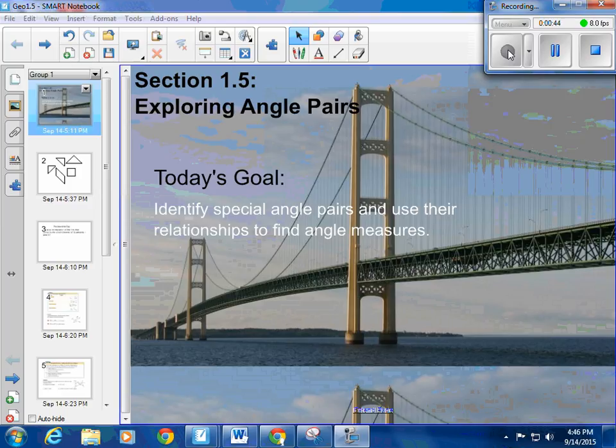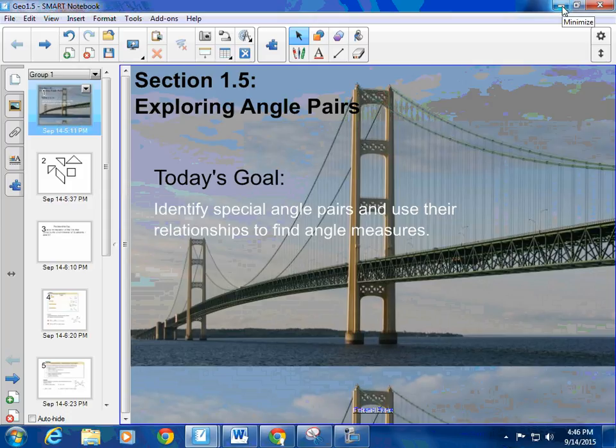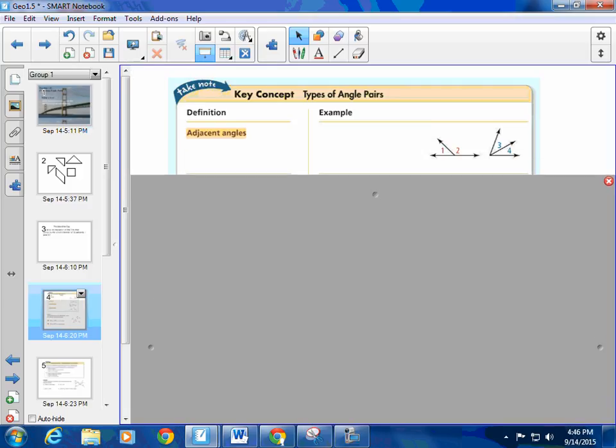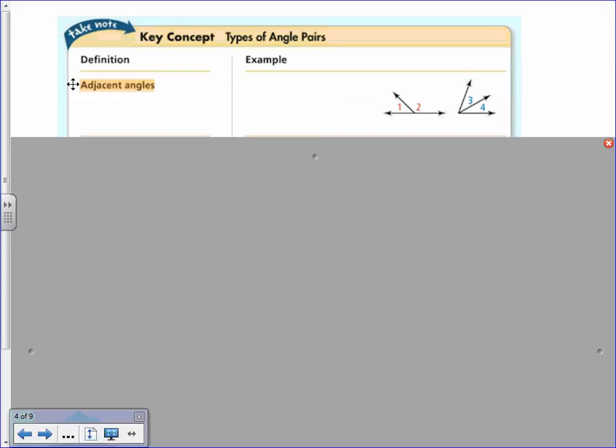So we first got some definitions here that I'd like to talk to you about a little bit. And we'll go one by one here. The first one is called adjacent angles, and I think the pictures help you probably better than anything else. So adjacent angles, I'll try to write the definition here. It's a little bit long, but it's also in your book. Adjacent angles are